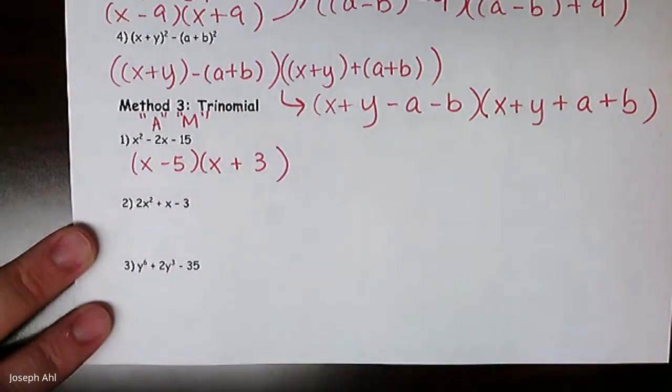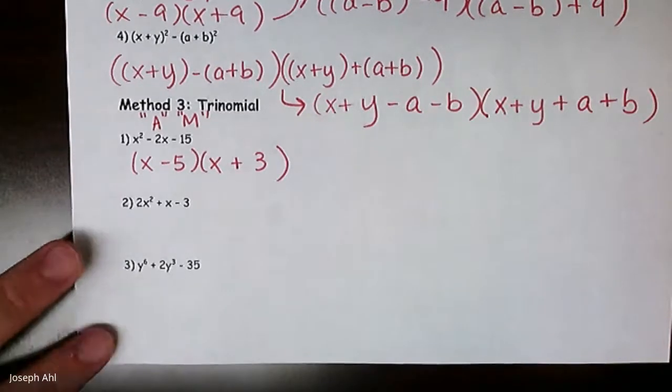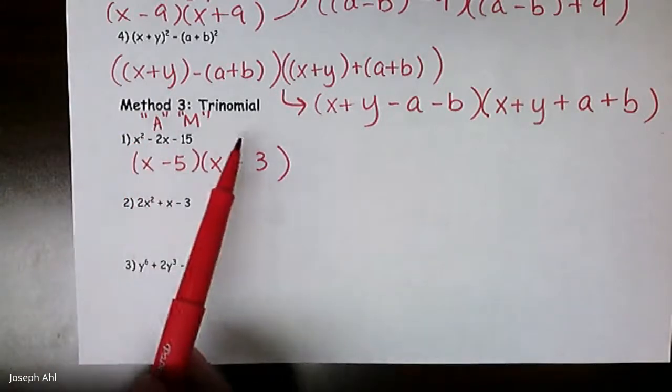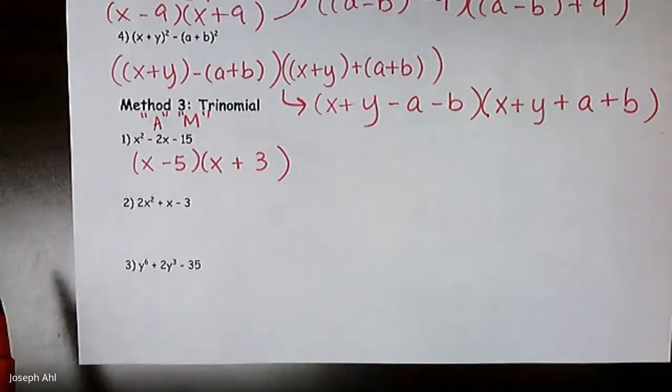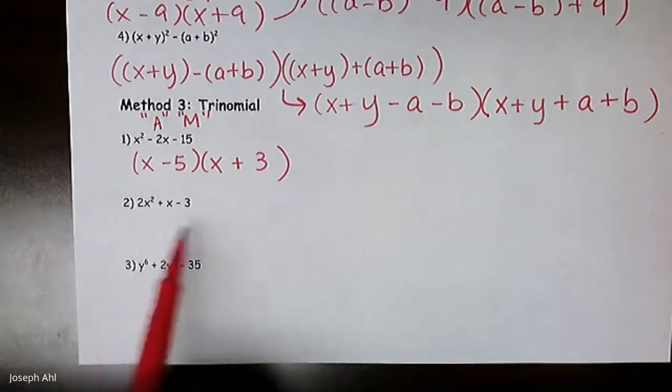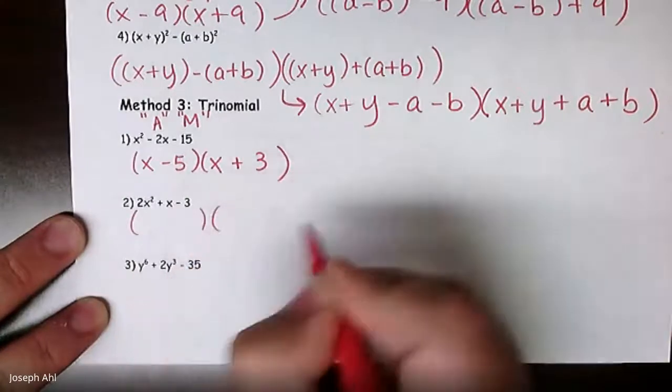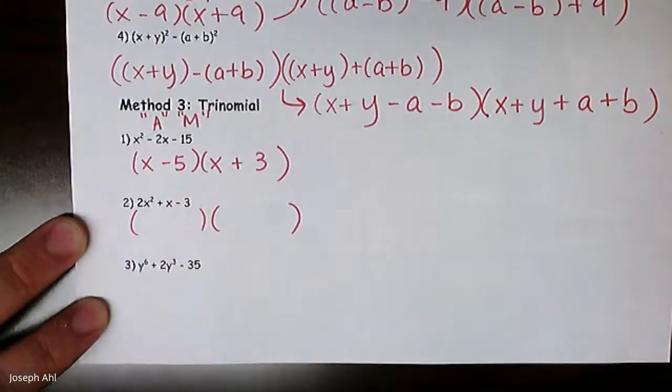Okay, moving on to number 2 here, 2x squared plus x minus 3. Students tend to not love this type of factoring as much because you can't necessarily just directly go to the AM method. There are a variety of techniques that students use to factor something like this. I tend to just use a method called guess and check, where I set up my 2 binomials